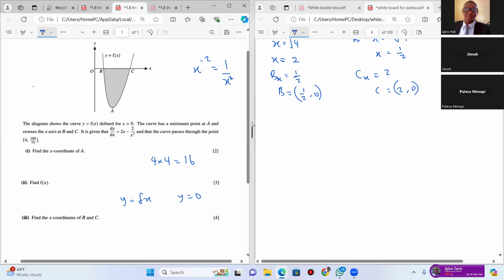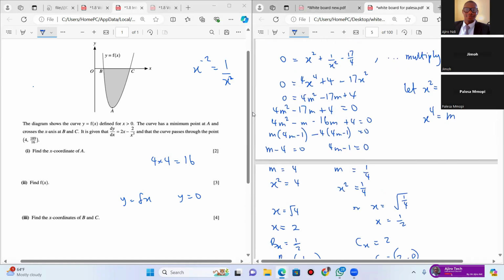We can integrate from C to B. Yes, from C to B. But my point is that it's going to give you a negative integral if you do this. So you have the equation